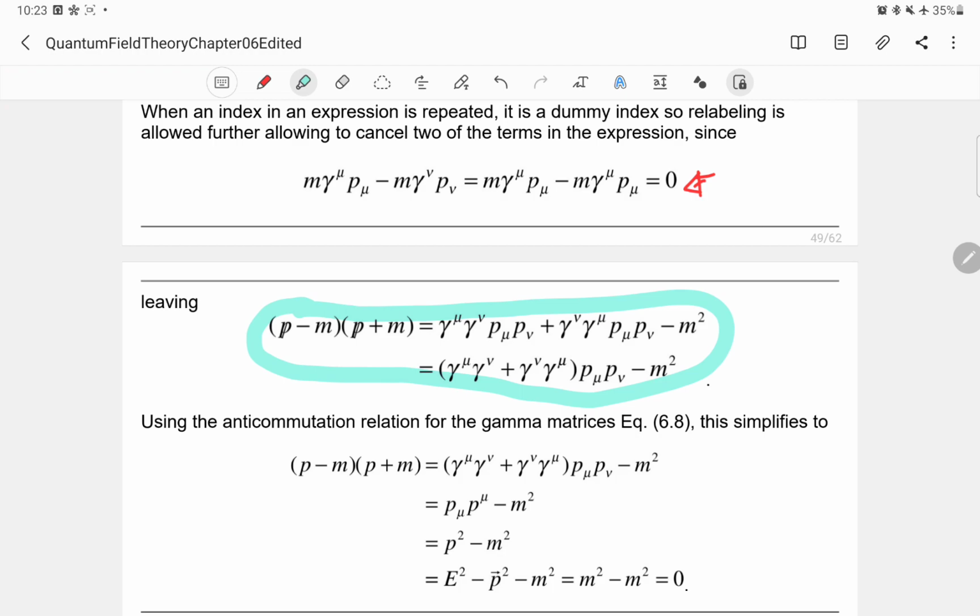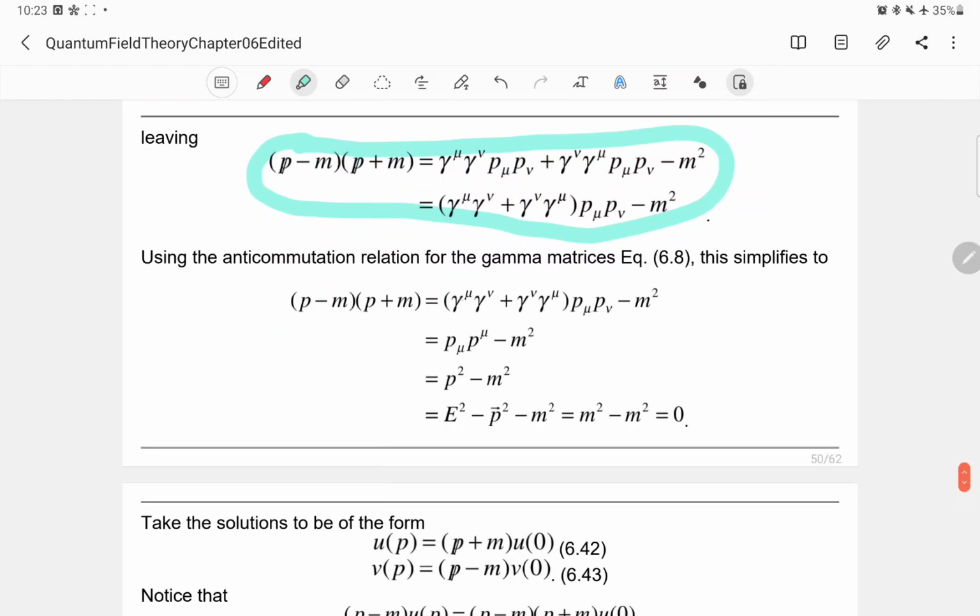So this is an identity equal to 2g mu nu. So you can write this as mu multiplied to this one, you can have p mu. The 2 here will be cancelled by the